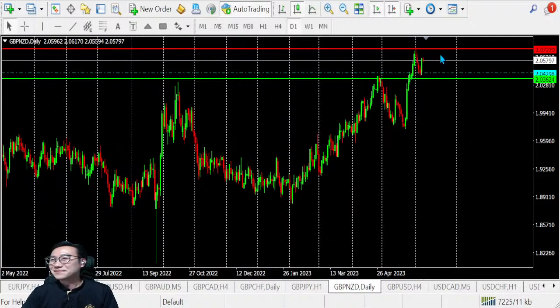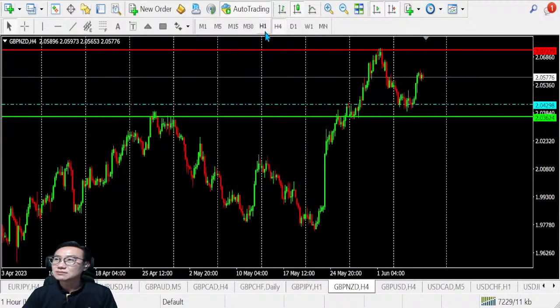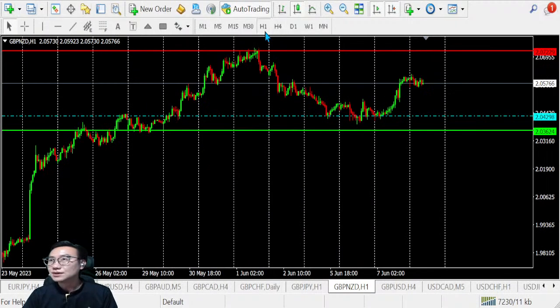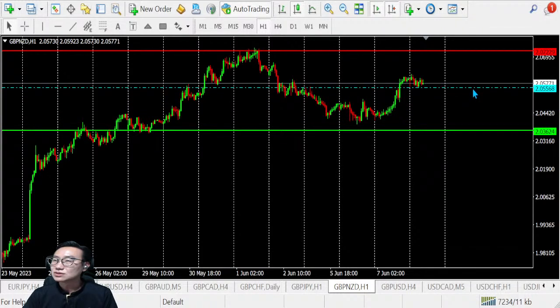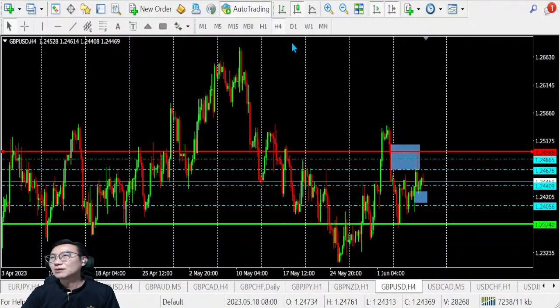Okay, so for pound kiwi, very obvious we are still in the bull. Some retracement, however, this retracement is looking out for support. Looks like we are also pretty near to the support already. So I will want to see if this is able to break, but I do not want to take this because anyway it's still in the bull.